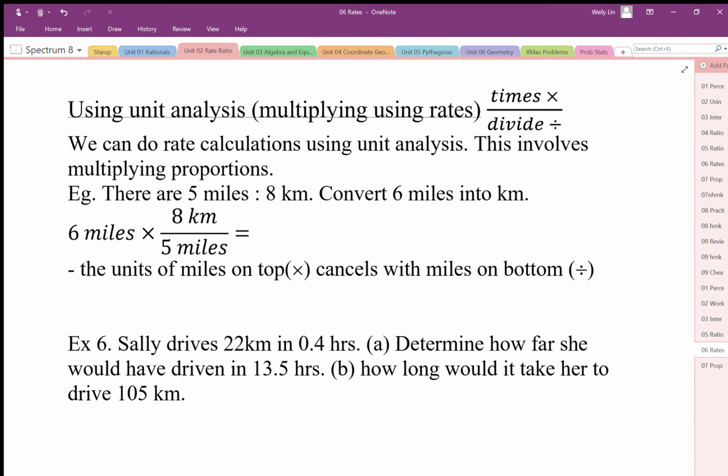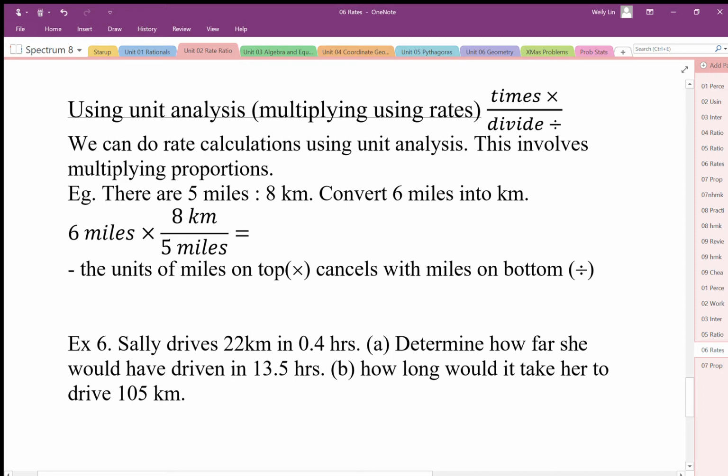We can just keep unit analysis, essentially keeping track of units and understanding that times units will cancel with the divides unit. So times on top, divide on bottom is really the only math we need to remember. So if I want to convert,